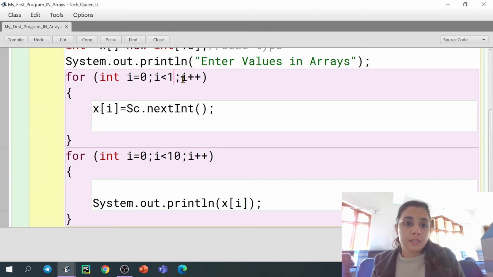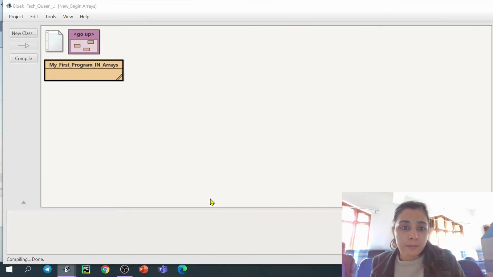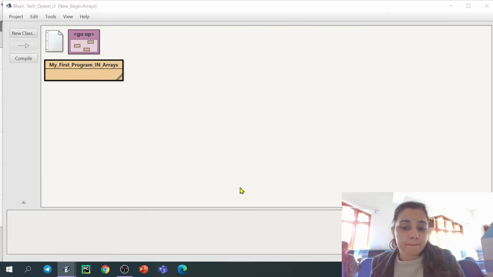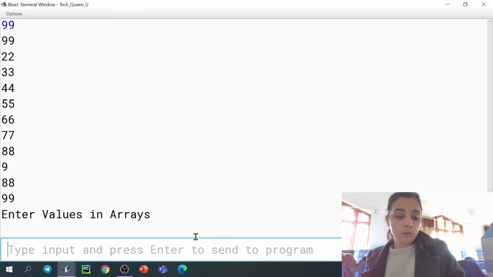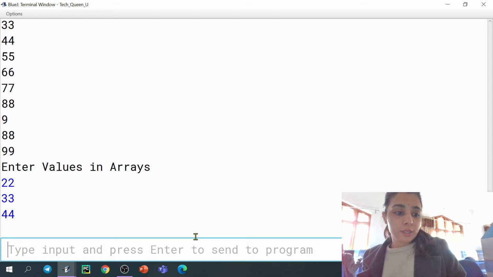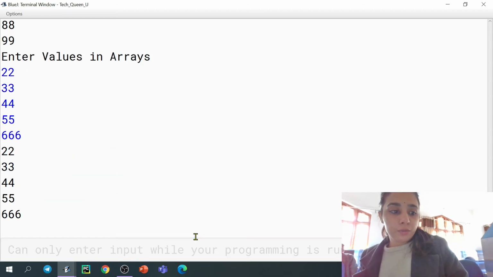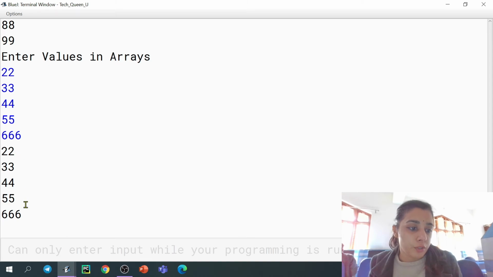So let me decrease it, I am just printing 5 elements, so that will be easy for us. Let's say 22, 33, 44, these values we are asking from the user, and now you are just printing that.